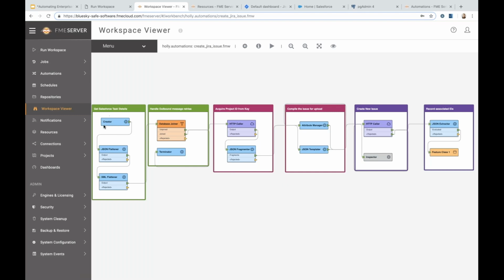So the first thing we're going to do is just have a creator to get that workspace going. And then we're going to use a JSON flattener because FME Server stores their topic messages as a JSON string. However, what's a bit confusing is that the message passed by Salesforce is XML. So once we've got